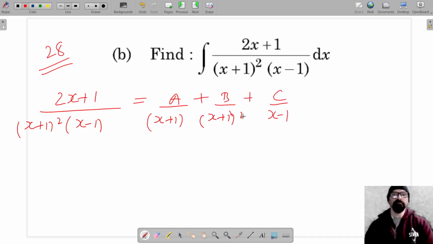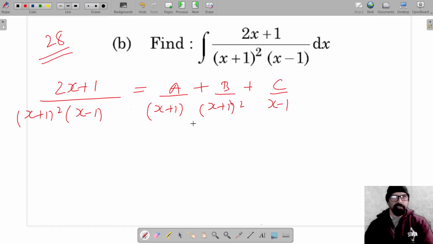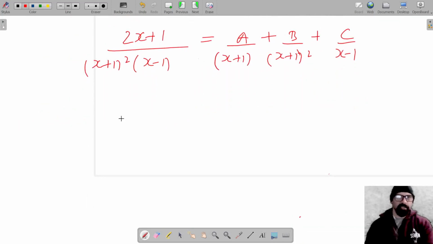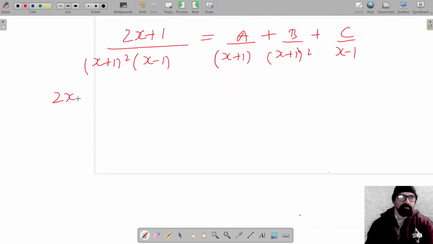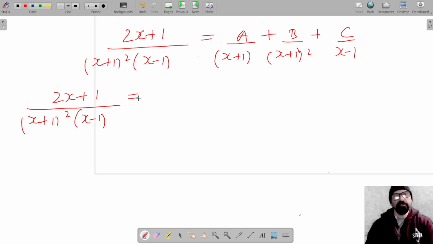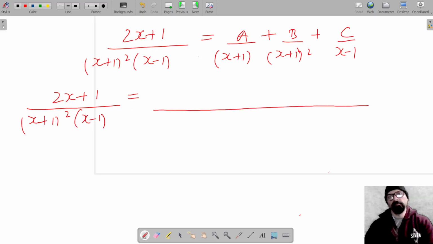Now we have to find the values of a, b, and c. For that, let's take LCM. So 2x plus 1 upon x plus 1 the whole square into x minus 1 is equal to